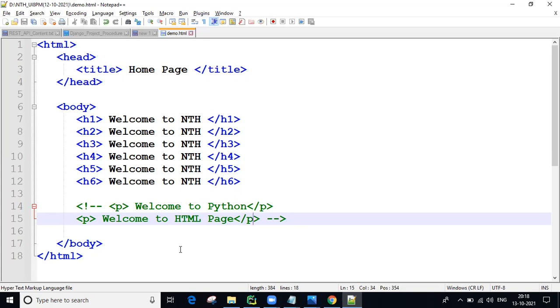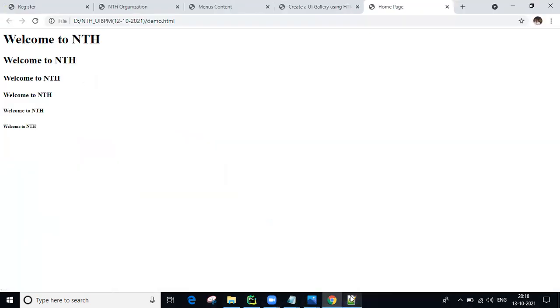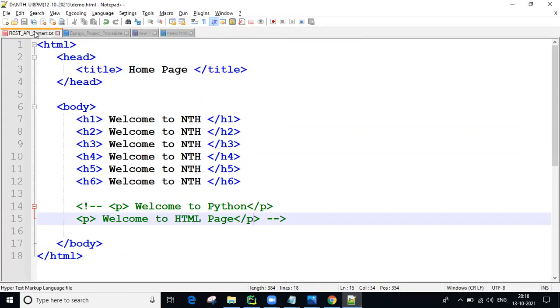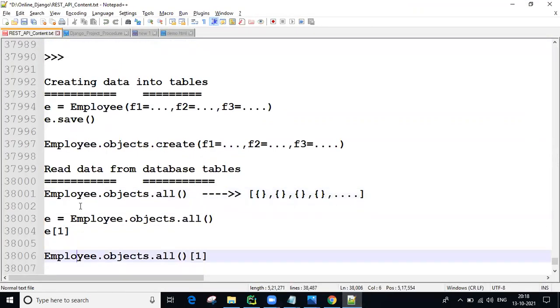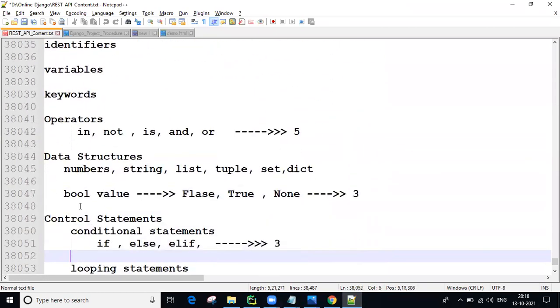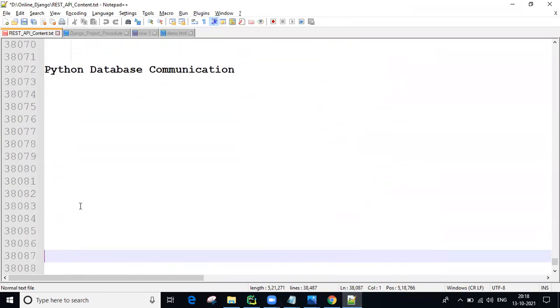Yesterday I told you: PyCharm, Sublime Text, Visual Studio Code, NetBeans, Eclipse, and so on. This is not a rule, I'm telling the general scenario. People who are learning Java generally use Eclipse and NetBeans.